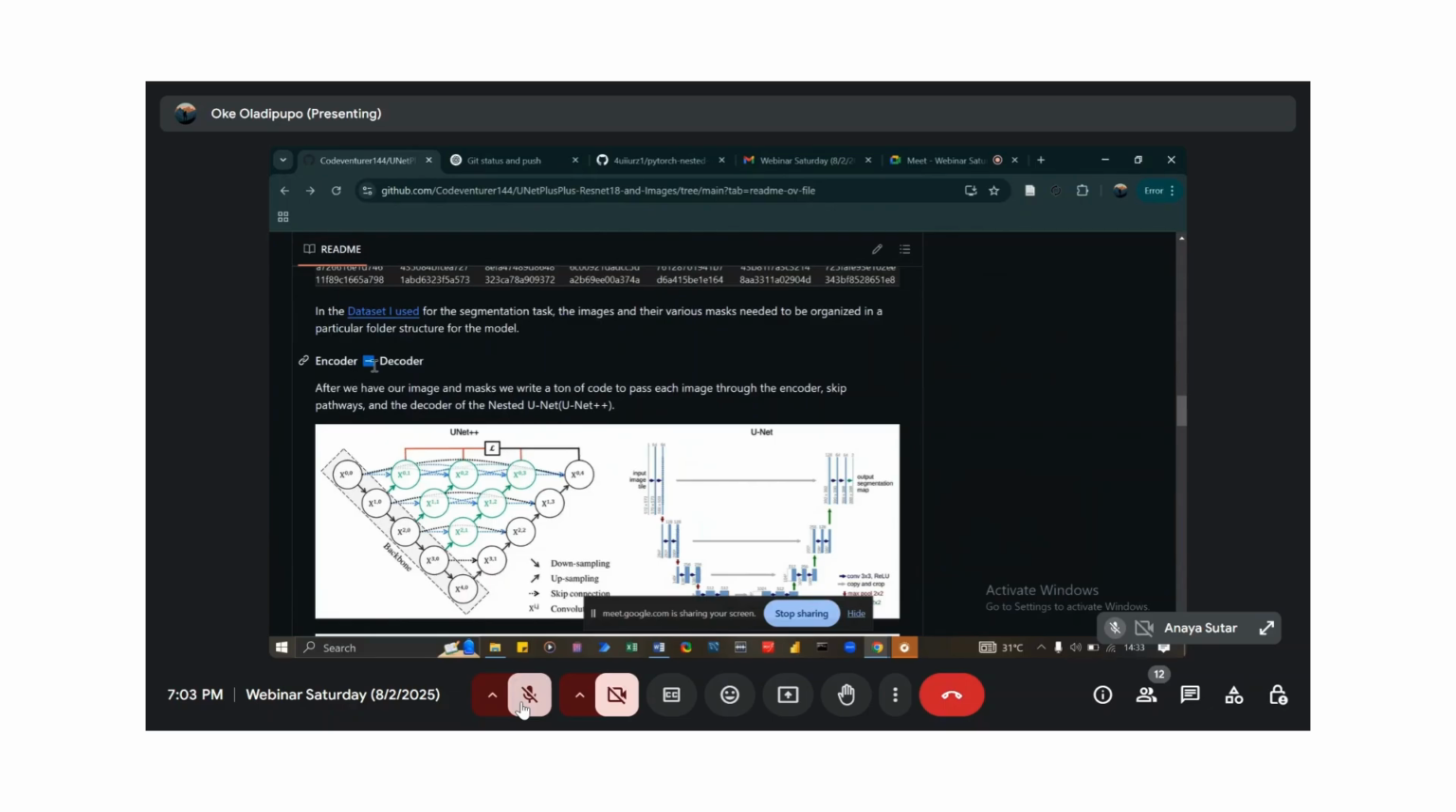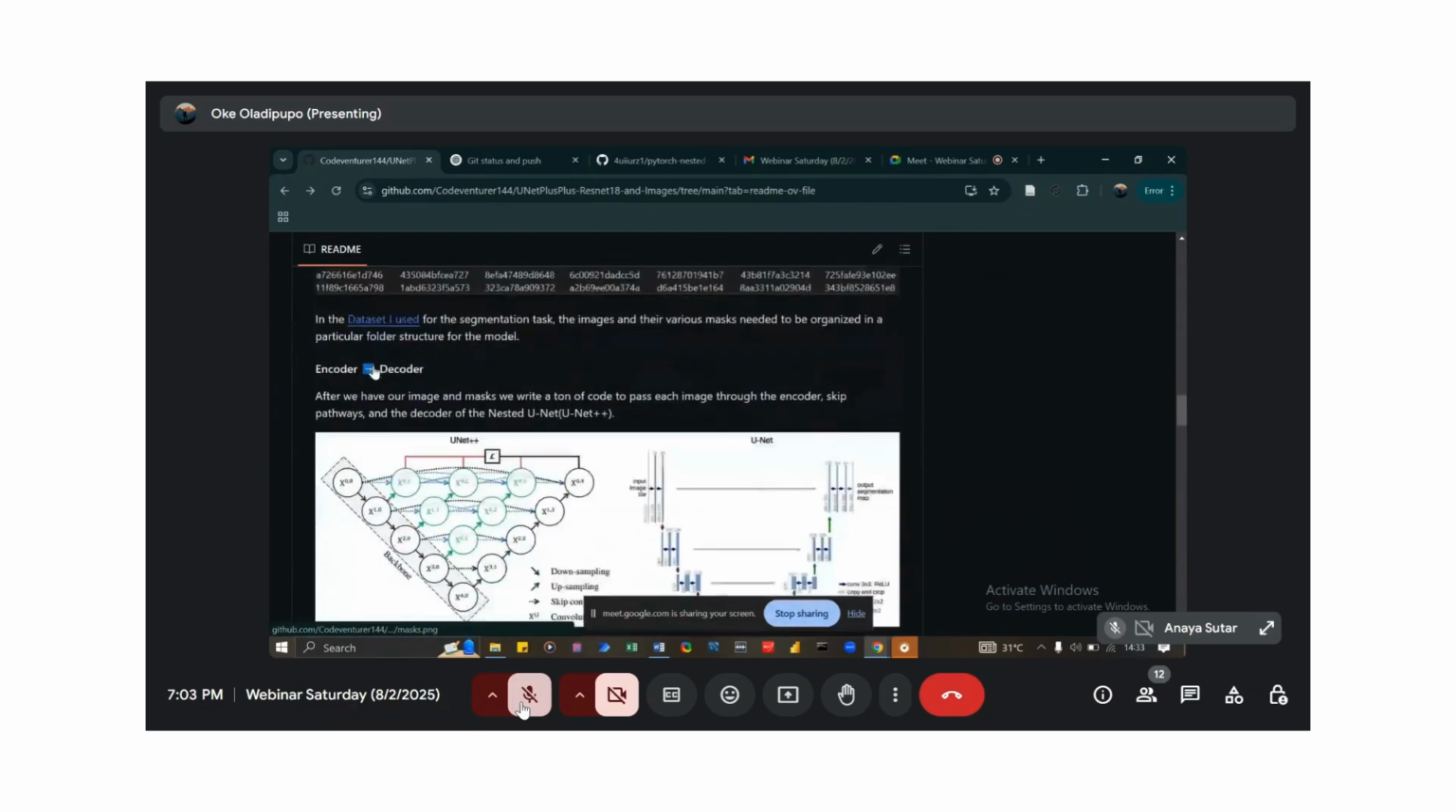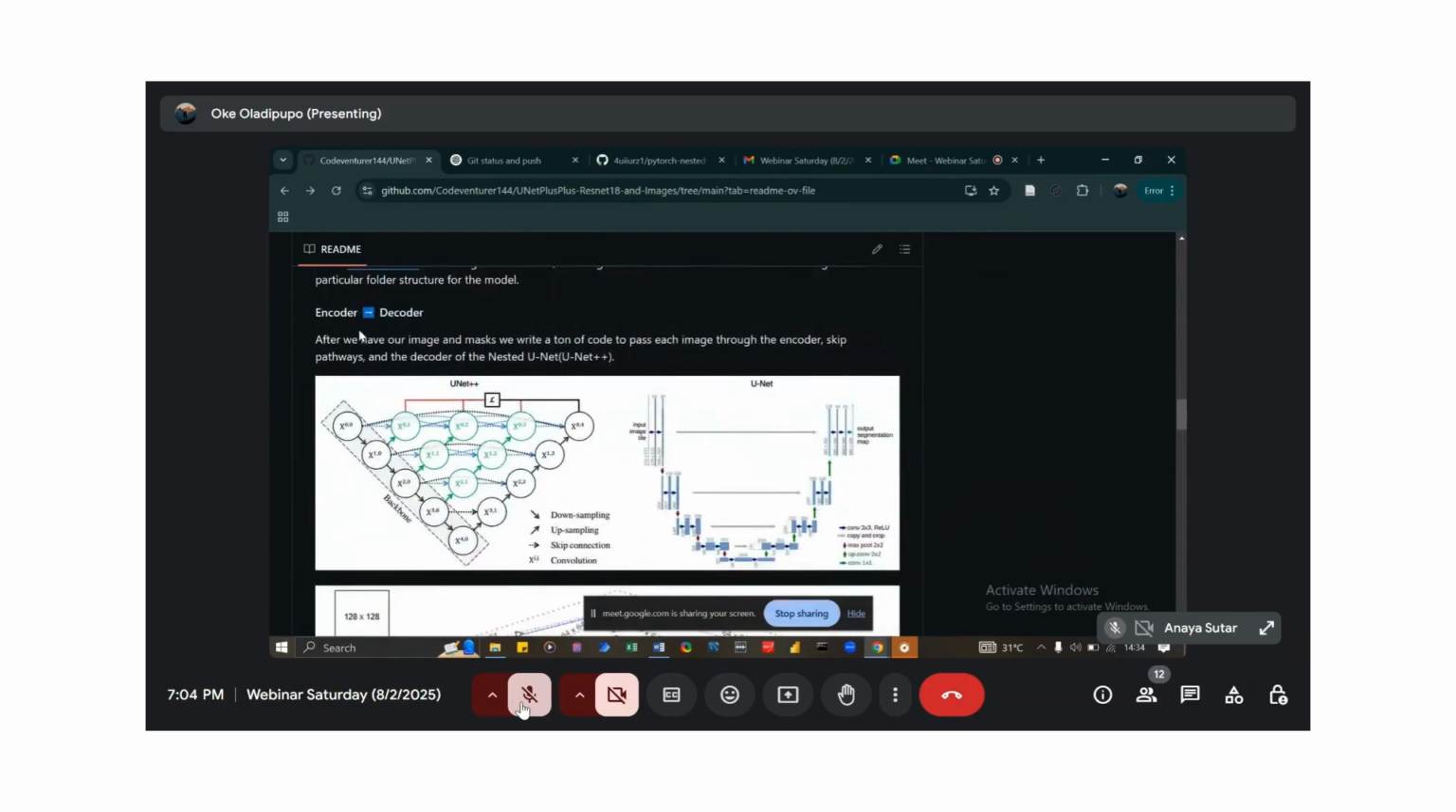Thank you. So now we're going to move on to the encoder and the decoder of the U-Net. It's important to understand all these things so that we can easily